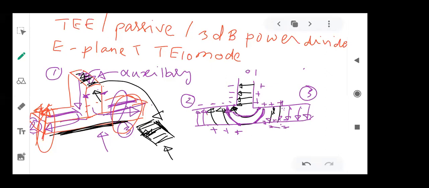But if you apply two signals which are in phase at port number 2 and 3, then the output at port number 1 will be once again the sum or the difference of the two signals. So the output power will be 0 if the magnitude of the power at port number 2 and 3 both are same. And the next device was